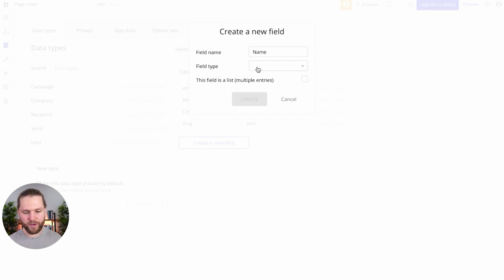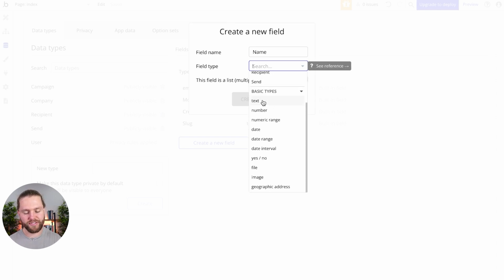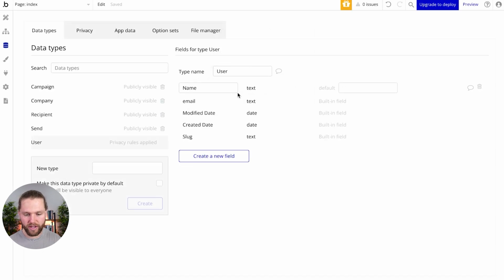And then we have to choose the type of data that this field will be stored as. We can choose to save it as text or a date or a number or a file or an image or even an address. However, for this instance, we are just going to use text because that makes sense. We are also given the option to save this field as multiple values or multiple entries as a list. However, there's only going to be one name per user, so we are going to leave that unchecked. I'm going to choose to create that there, and you can see that the name of the field is here,